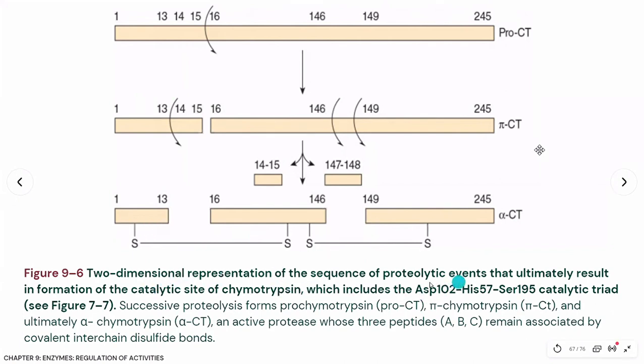The sequence of proteolytic events means cutting from a long polypeptide chain. So there are several enzymes involved here: this enzyme, this enzyme, this enzyme. This enzyme cuts the peptide linkage